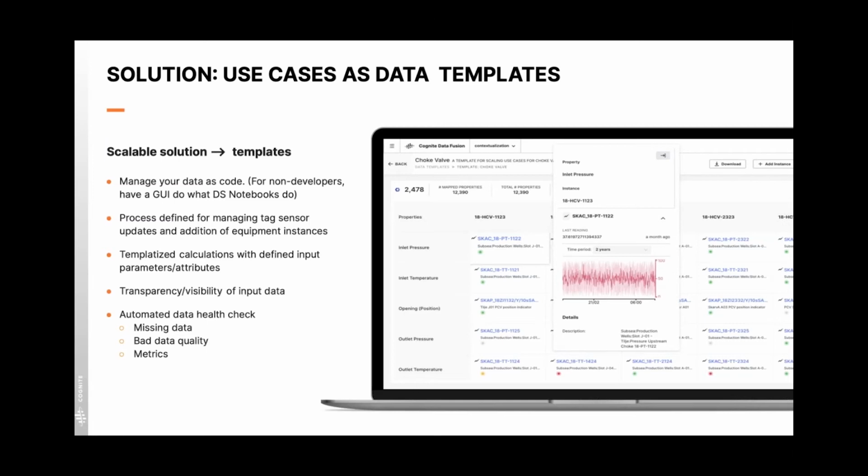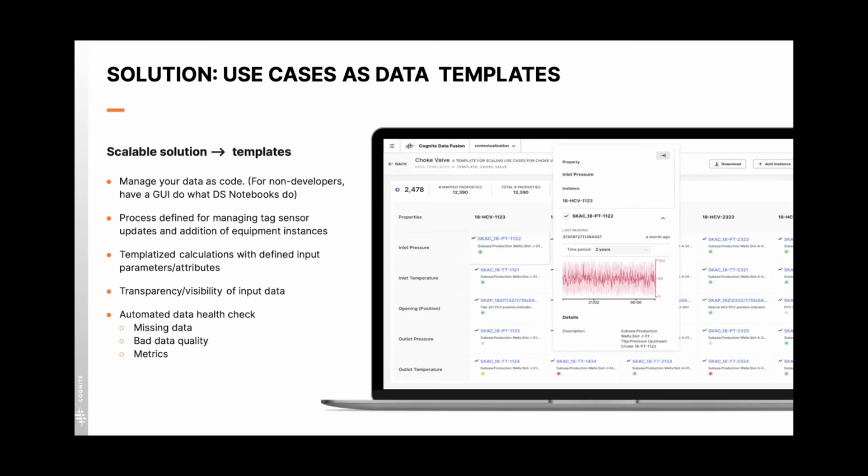So for non-developers, and again, those of you who are data scientists, you're used to Jupyter Notebook environments where this is a bit more conventional for you. But for non-developers, having a GUI in a product that allows them to do what you can more conveniently do with the data science notebook is quite striking when you put it to life, or when you give it to the users and allow them to actually work with it.